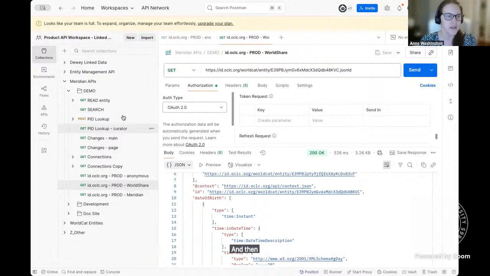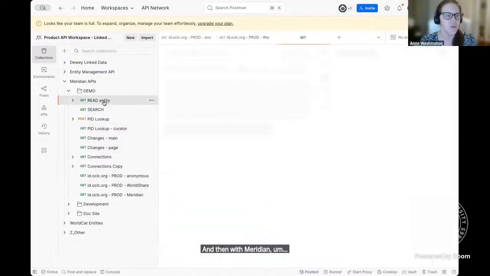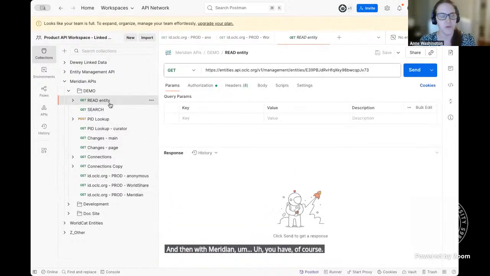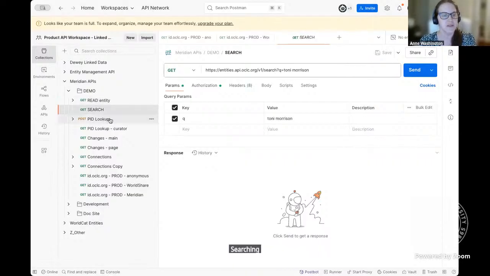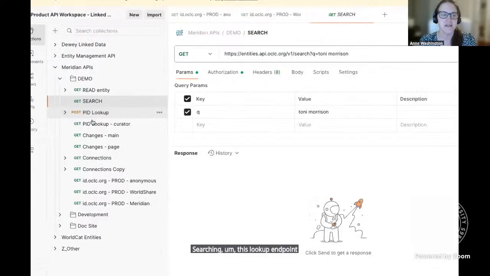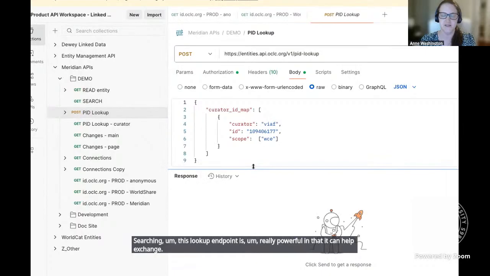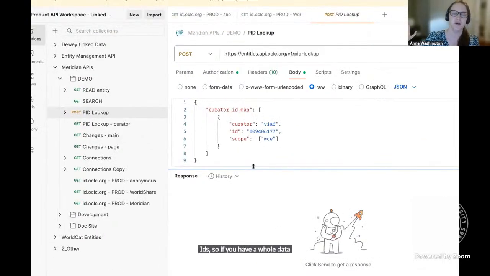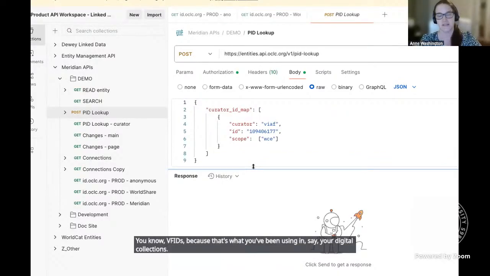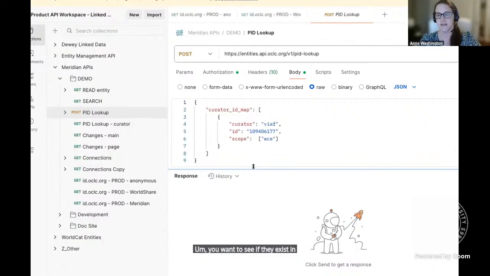And then with Meridian, you have, of course, a read endpoint for reading entity data, searching. This lookup endpoint is really powerful in that it can help exchange IDs. So if you have a whole data set full of VIAF IDs, because that's what you've been using in, say, your digital collections, you want to see if they exist in WorldCat entities to maybe make some connections between bibliographic data.